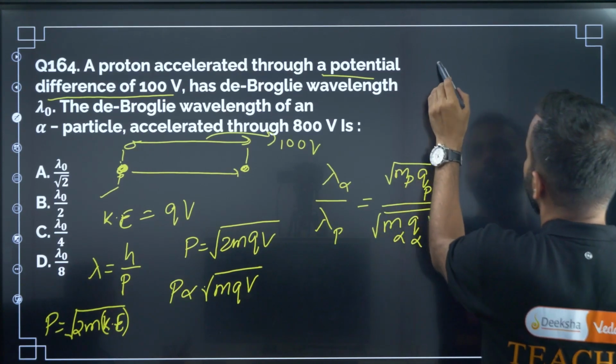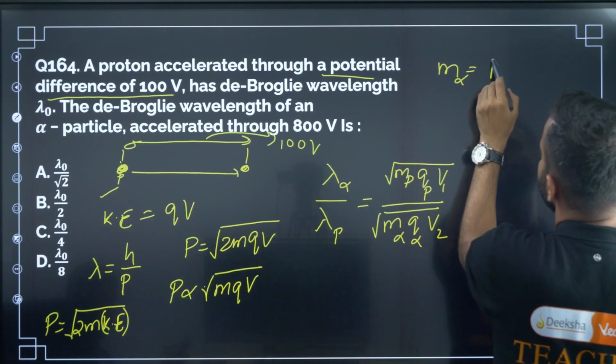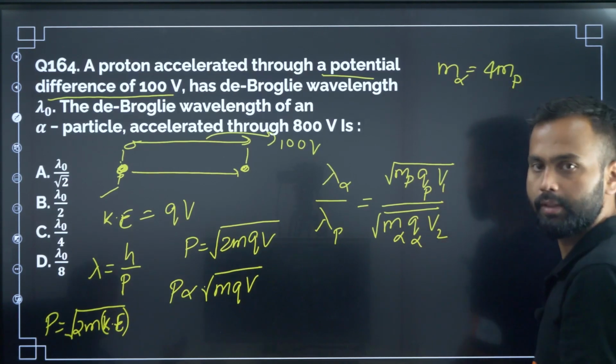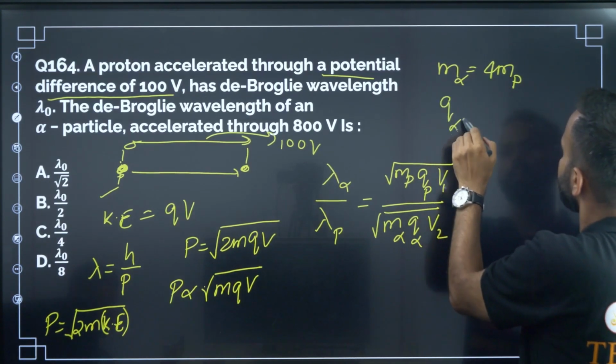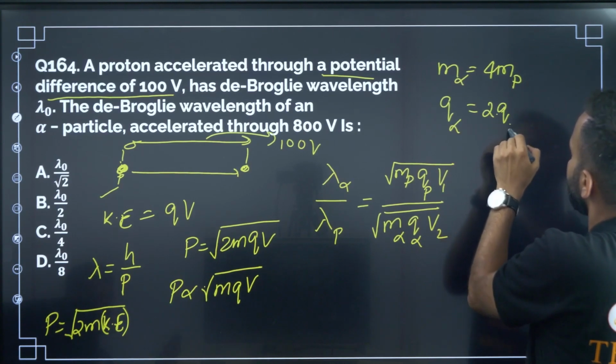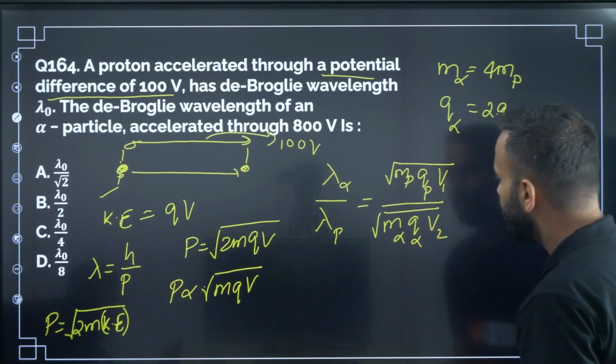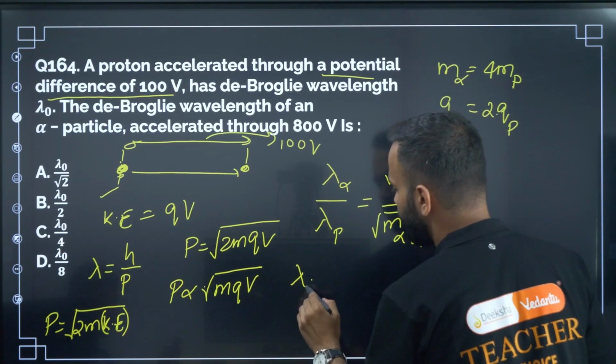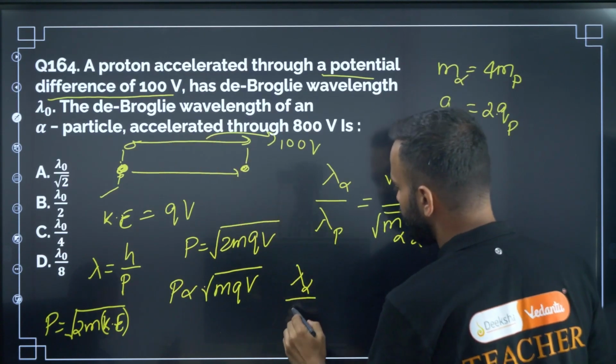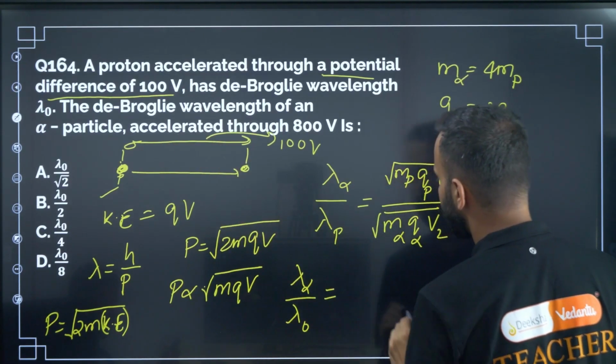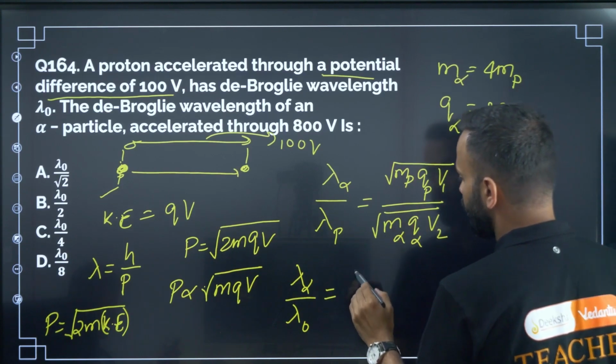Mass of the alpha particle is 4 times the mass of the proton, and charge of the alpha particle is 2 times the charge of the proton. So lambda alpha divided by lambda p, which is lambda naught, is equal to root of